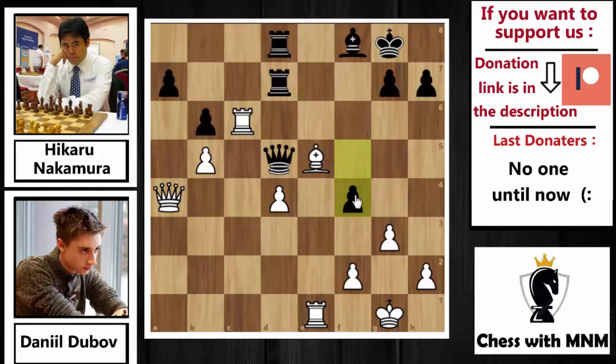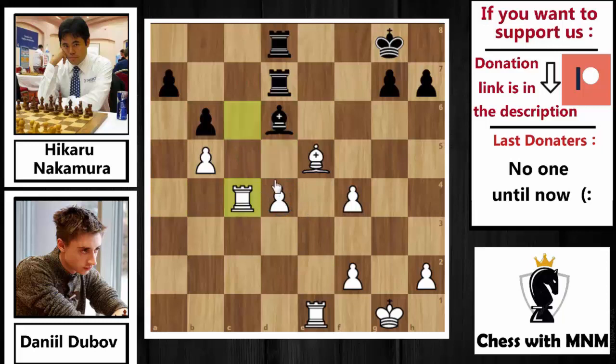But here, Dubov accepted that free pawn, and he said, okay, it's not a problem, it's a free pawn, it's just captured. Capture on f4. Bishop to d6. I want to capture the defender of the d4 pawn, and now queen to c4 by Dubov. Queen to c4. I want to capture one of the attackers of my d4 pawn. Queen capture on c4, rook capture on c4, bishop capture on e5, d capture on e5, and now rook to